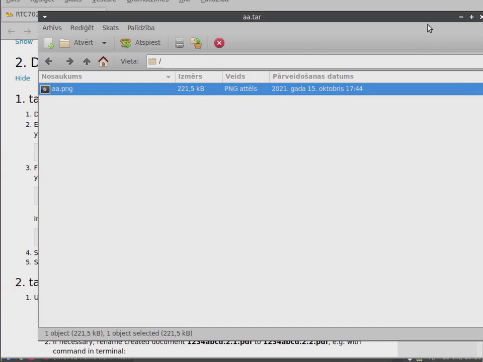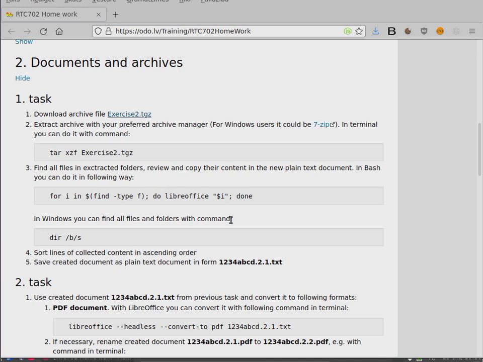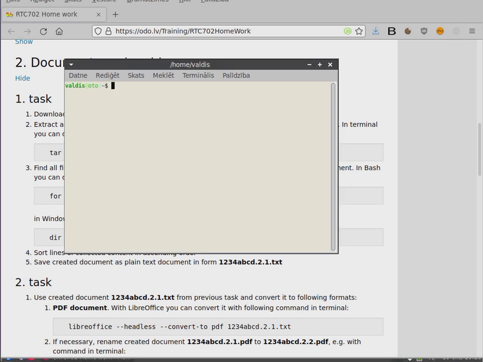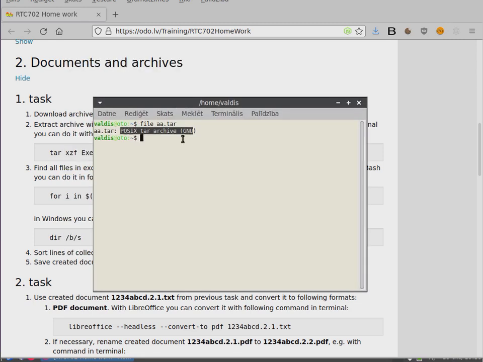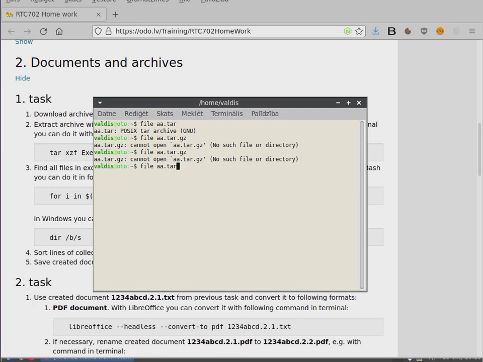Very easily. But the type of it is different. And if I look, for example, it says that the format is POSIX tar archive, but if I check how I call it, it's wrong, it should be renamed